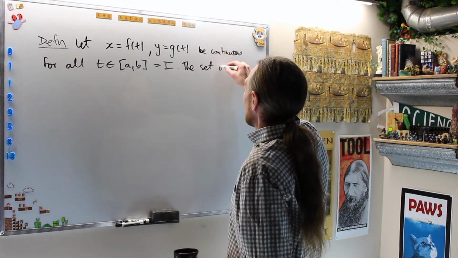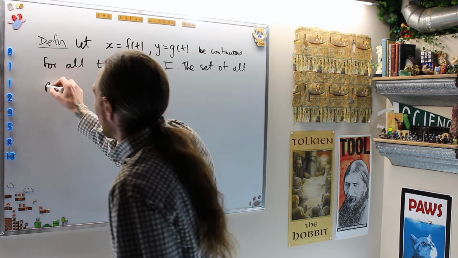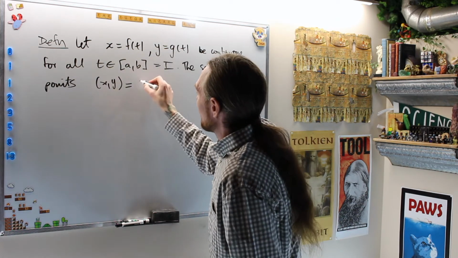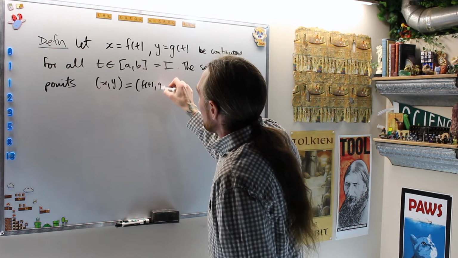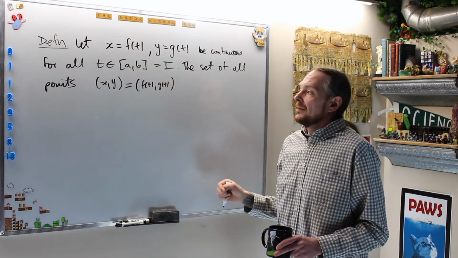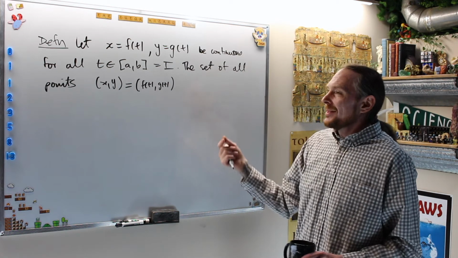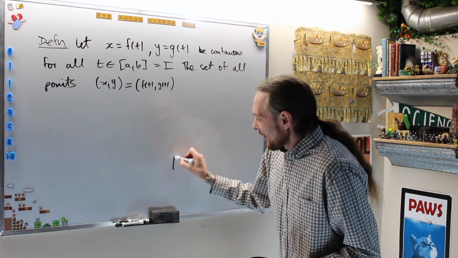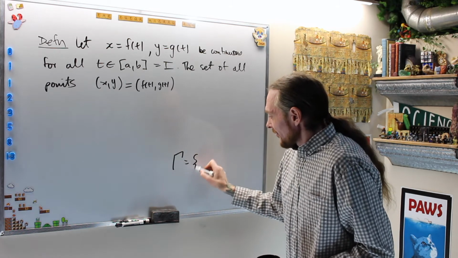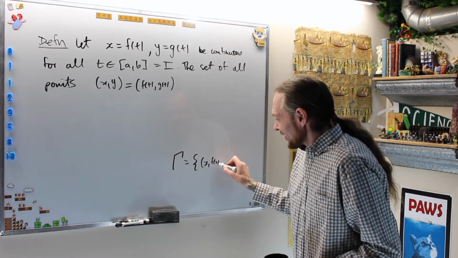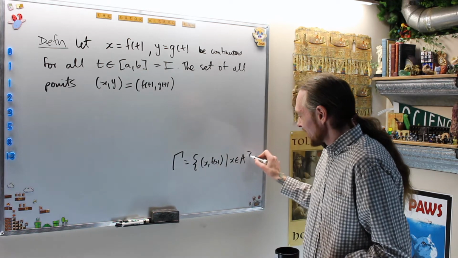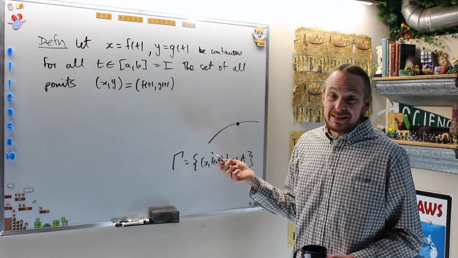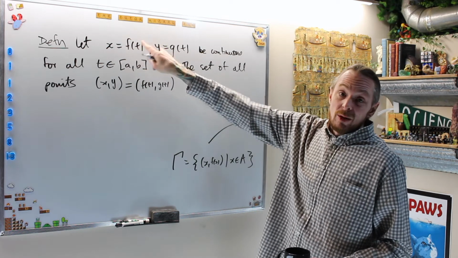The set of all points x, y, which are specifically f of t, g of t, all of these points, the collection, actually the set of all of these things, we're not going to call it anything, but it would be like the graph gamma. When we do the graph of a function g, that's the set of all points x, f of x, such that x is in the domain A, and that's the graph, but that's because it passes the vertical line test. Now what we're describing is the same thing, but we're describing the x and y coordinates as